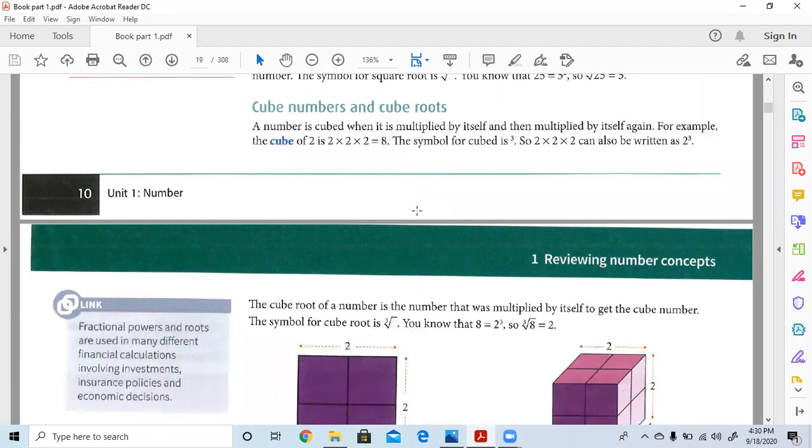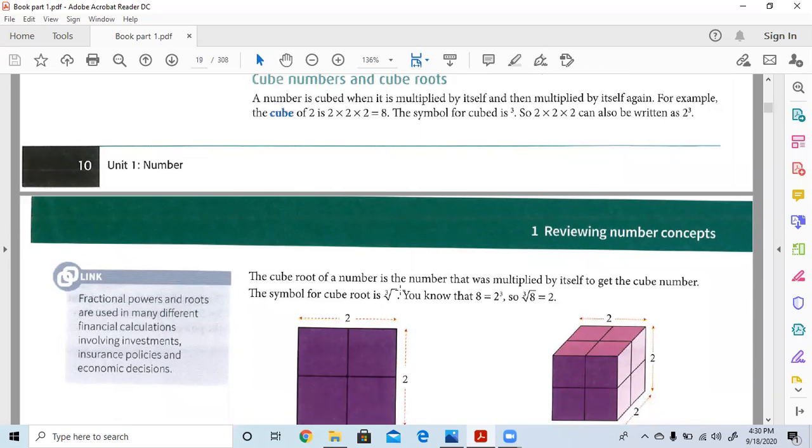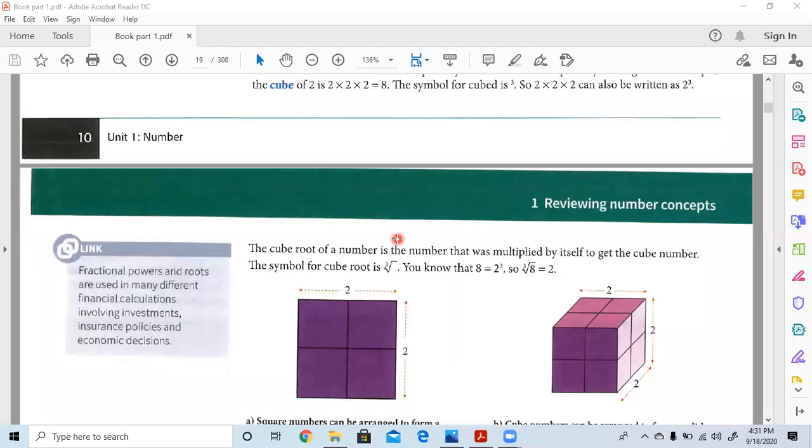With the help of this you can easily find cube number and cube root, which are the same. If you find 8, you know which number I multiply the same number three times to get the answer, that is 8. So this is your cube number. And cube root is like this one, as you see here. Okay, let me open annotation as well. Now this one is your cube root.